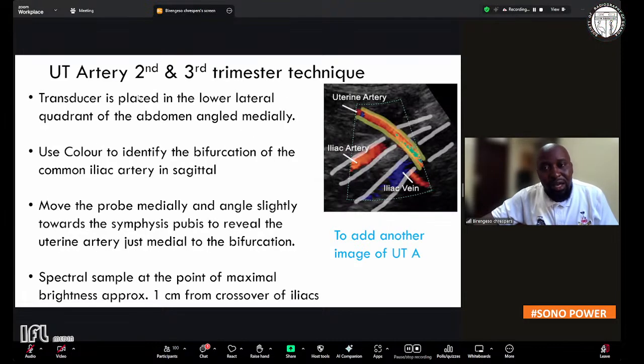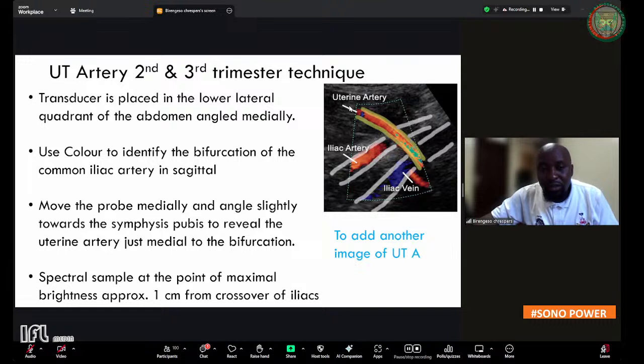So in the second and third trimester, the technique still, the transducer is placed on the lower outer quadrant of the abdomen in longitudinal section. We still use color to identify them, but where do we look? Remember, at this time, the abdomen is big, or the stomach is big, as the lay people would normally say. And because it has dilated, so we